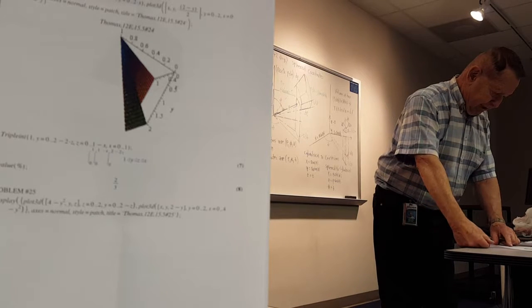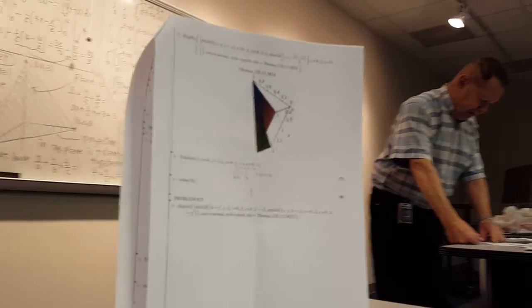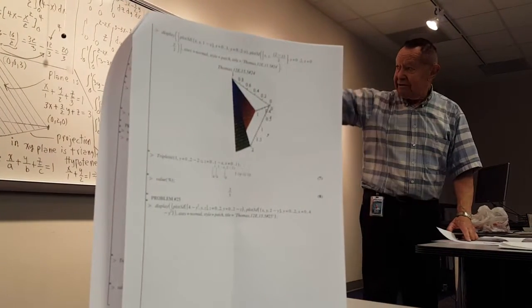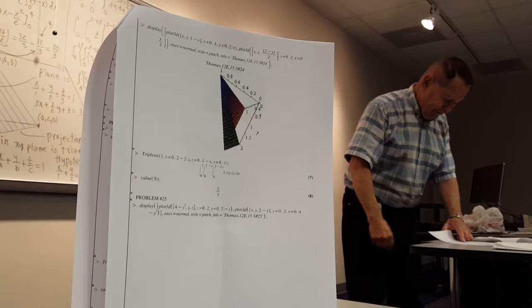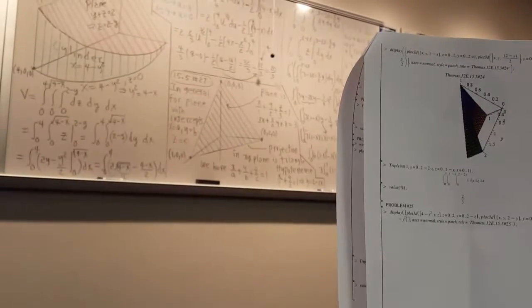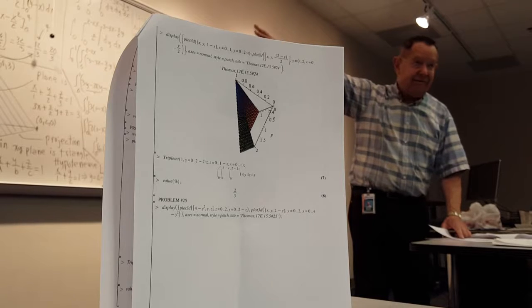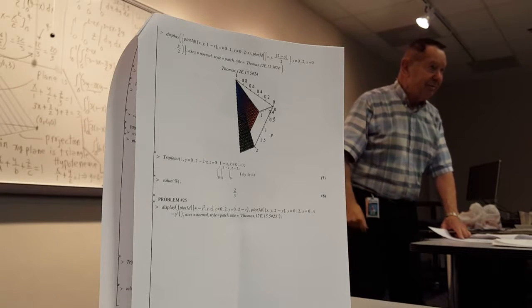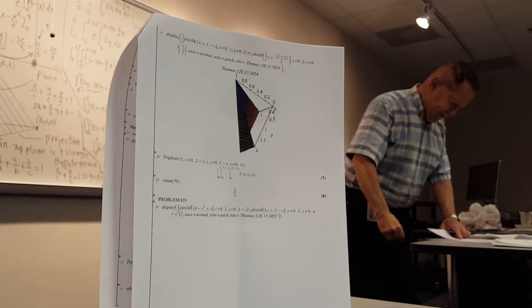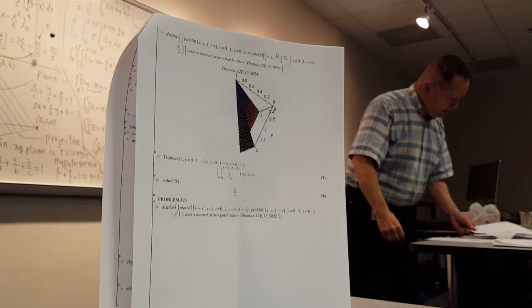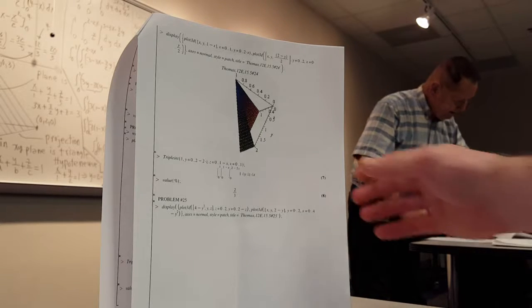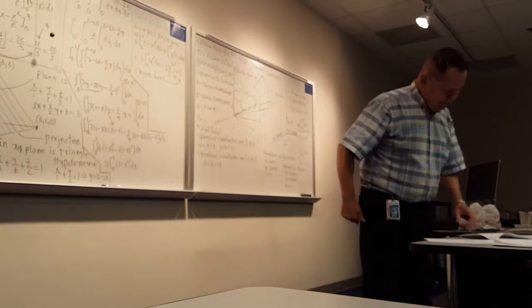So you see the plot 3D, the 4 minus y square, that one is the green on the board. And then the other one, the x, y, and 2 minus y is the red, the roof of the building, if you want. And so you turn the page and you can see that